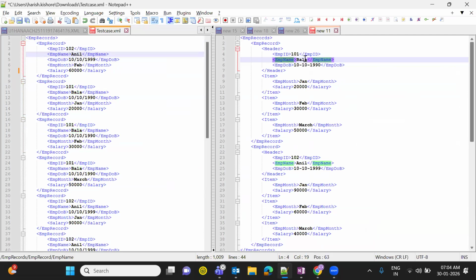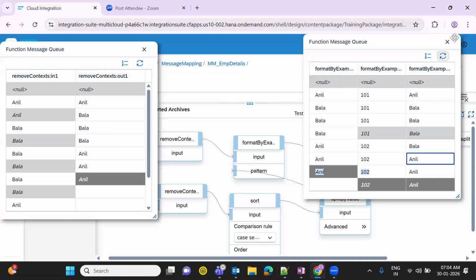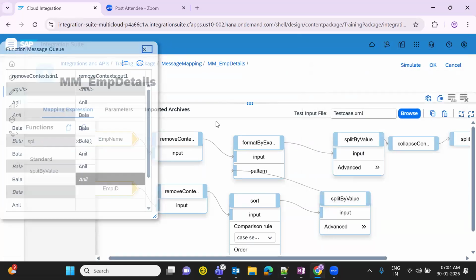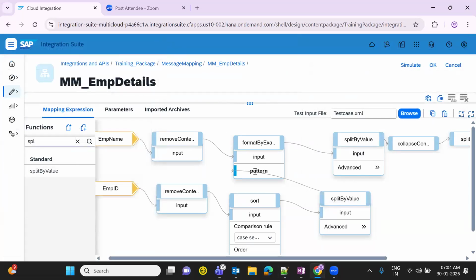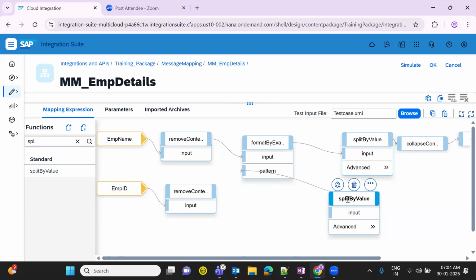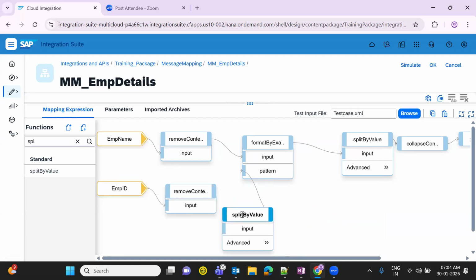But what we got is 101 going to Anil, not Bala. So what we need to do is group the data according to my unique employee ID, right? For that, I'm directly doing the